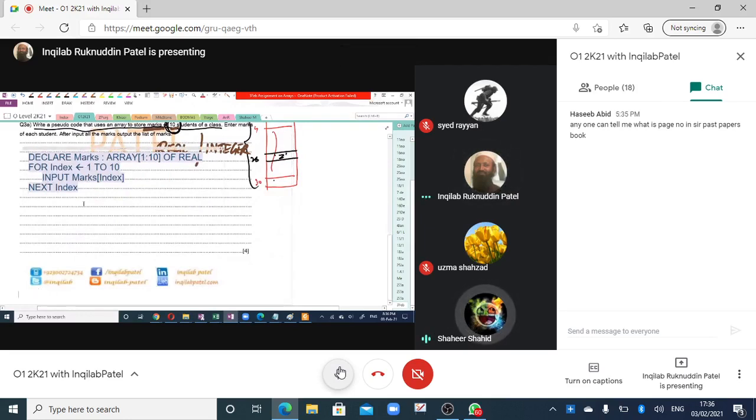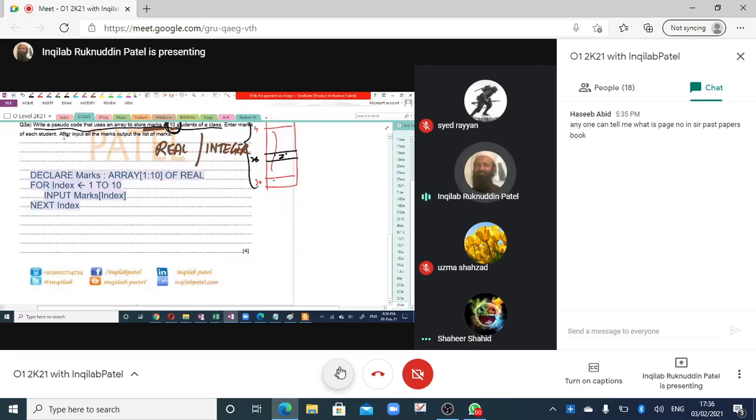It says after input all the marks, output the list of marks. Then you are asked after input all the marks, output the list of marks, right? So you will start another loop for index. After input, index equals 1 to 10.